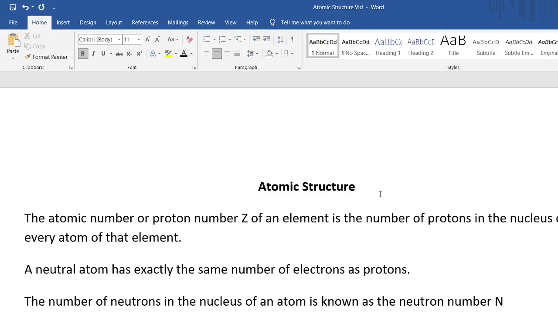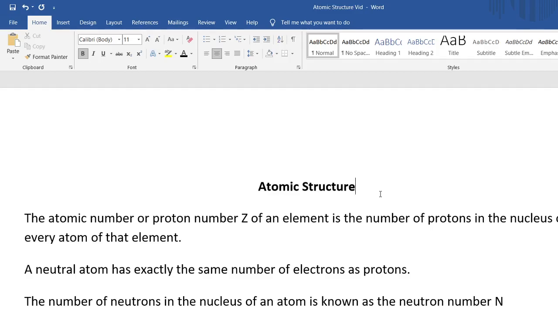Okay, physics fans. So we'll be looking at atomic physics. So we're talking about atomic physics. So the first thing we'll be looking at is atomic structure. So we're going to look at what we call the atomic number of an element, and our symbol for atomic